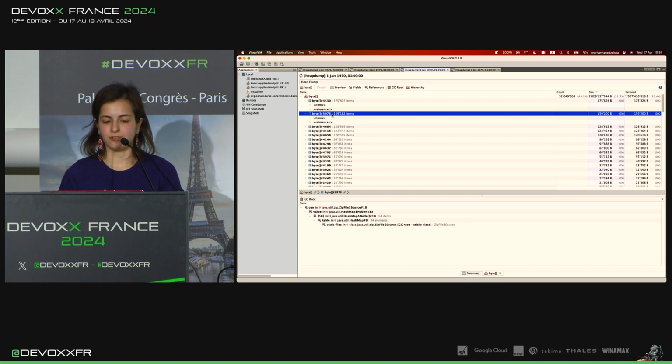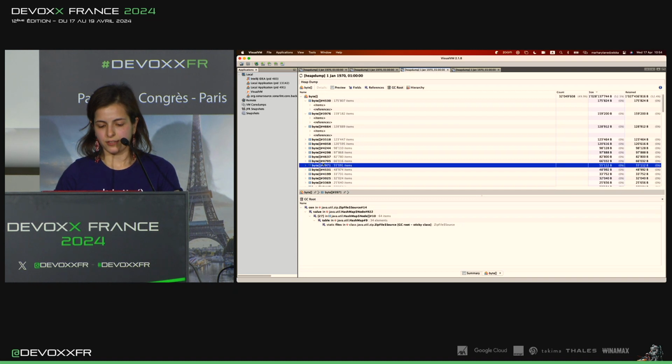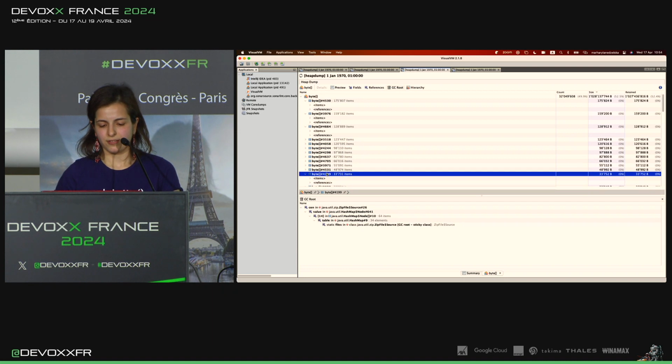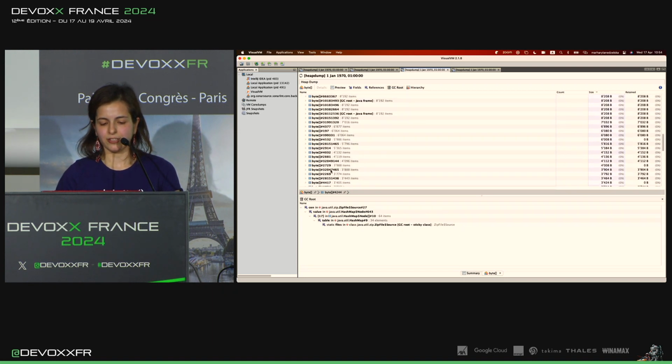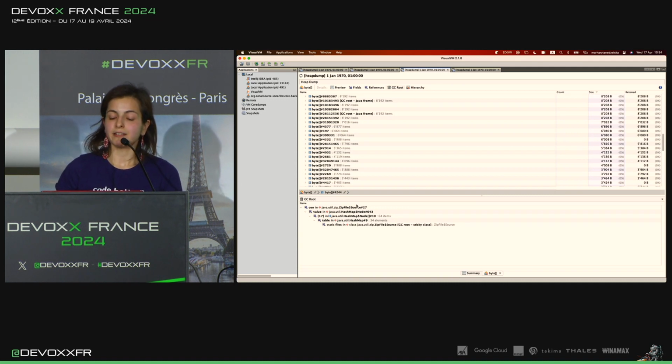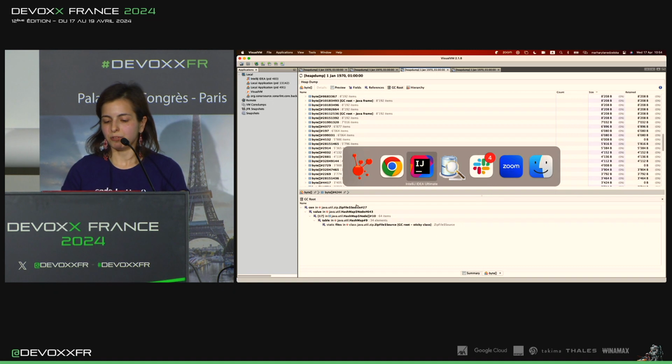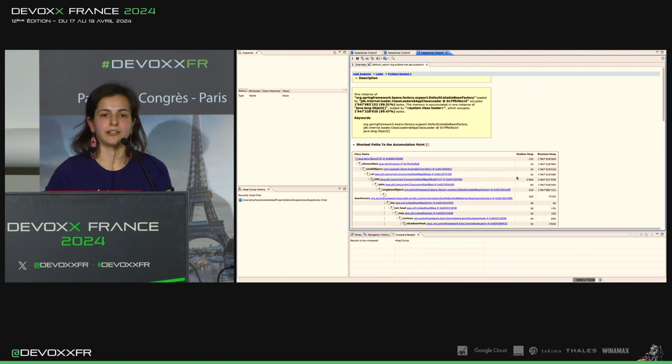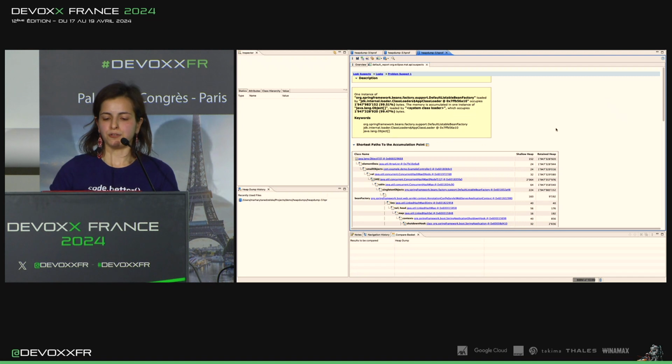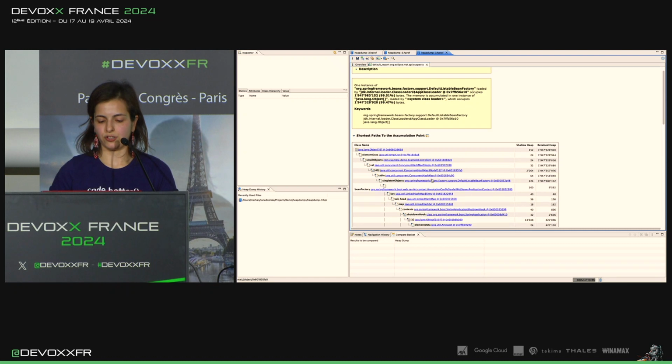Sometimes Visual VM is not really nice to you. For example, if you look here, it goes to some static files, zip, hash map table, and I honestly don't see any reference to the code that I wrote here, so I cannot investigate. What can I do next? There are other tools that can help you. For example, in my case, I really like Eclipse Memory Analyzer. This is a free tool that can help you to investigate the issues.